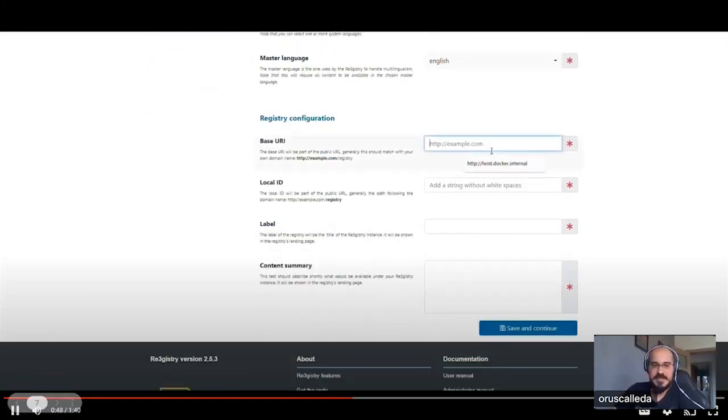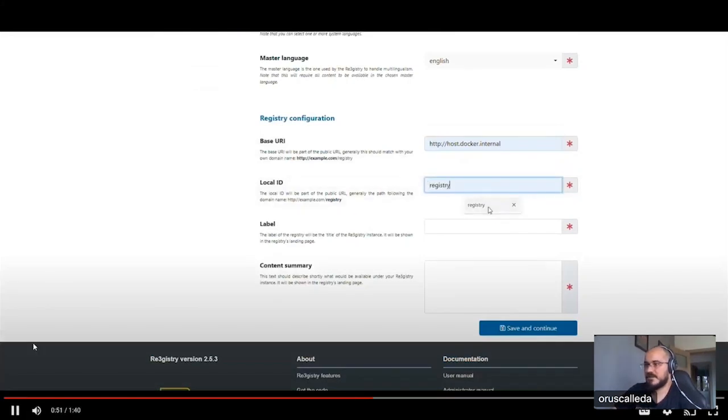Once you've selected your languages, you just need to enter a base URL. This will be the URI, sorry. This will be the base for all your items and the local IDs. The local ID will be the name of your instance, it's fully customizable. The label is the name, and it will appear on the landing page as the main name of your instance, and the content summary, which is